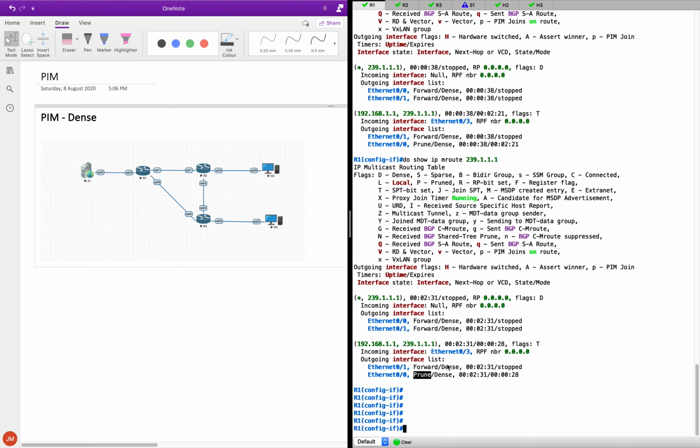Why? Again, it goes back to what I was explaining earlier, because R3 doesn't have any active clients who want this multicast traffic. We have enabled it only on H2. So H3 is not listening to this multicast group. So R3 has sent a prune. As a result, the prune is visible here,